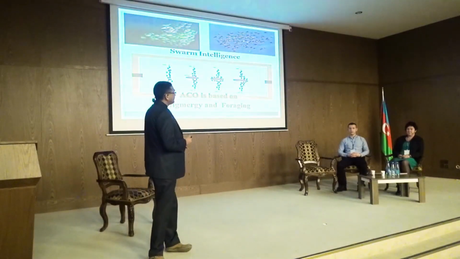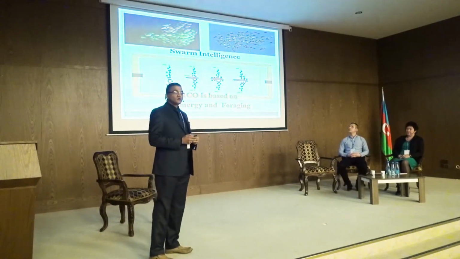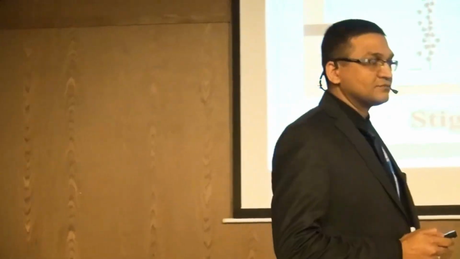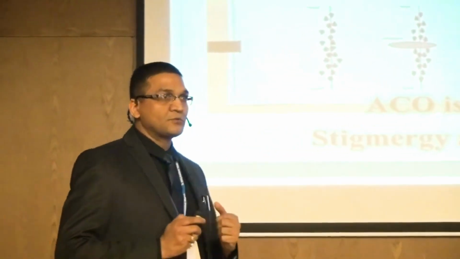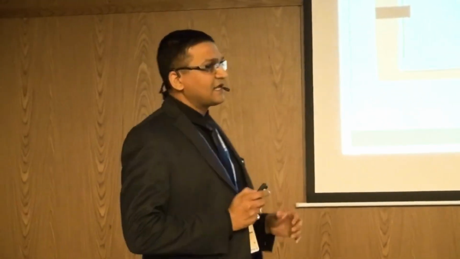So, ant colony optimization. This is also one of the widely used algorithms for solving optimization problems. And here, the term I am using is swarm intelligence. Swarm means group, so here group intelligence is used to solve the problem. We have a category of problem where the population is working together to come up with the solution. Ant colony optimization also comes in this category, where all the ants are working collectively to come up with the solution.